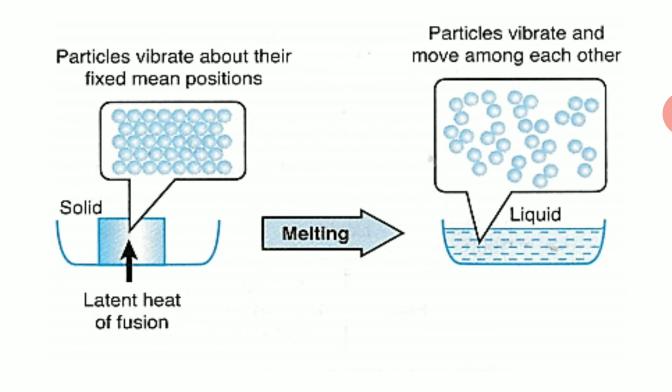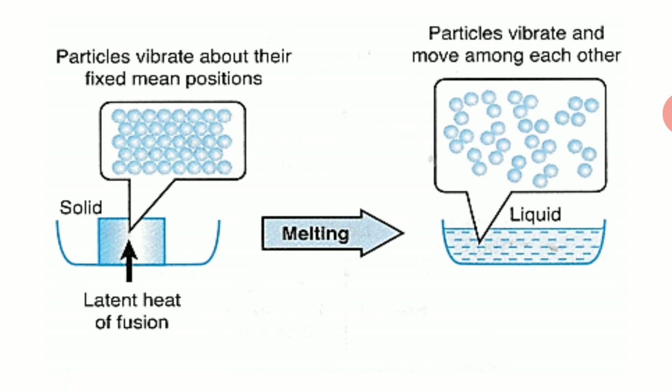Coming to the topic, what happens during the melting process? The melting process can be best explained with an example of ice. We know ice exists below 0 degrees Celsius, at negative temperatures. If we provide heat energy to the ice, the temperature of the ice will start increasing, and it will come close to 0 and finally reach 0.